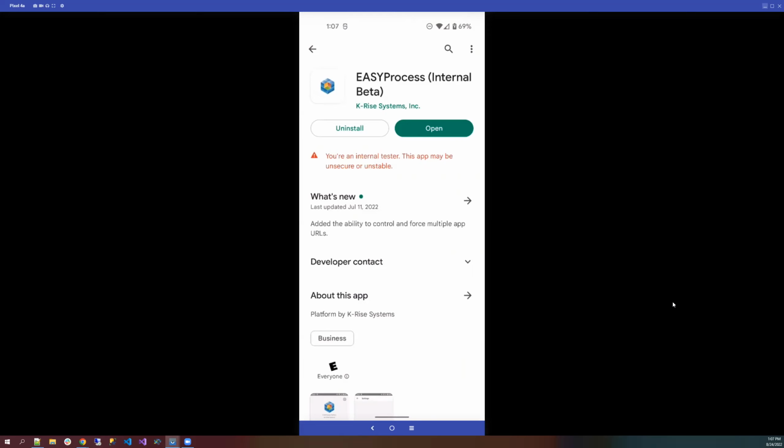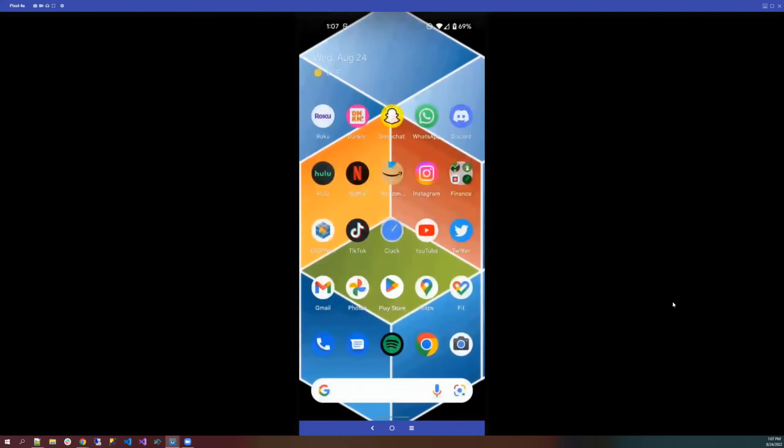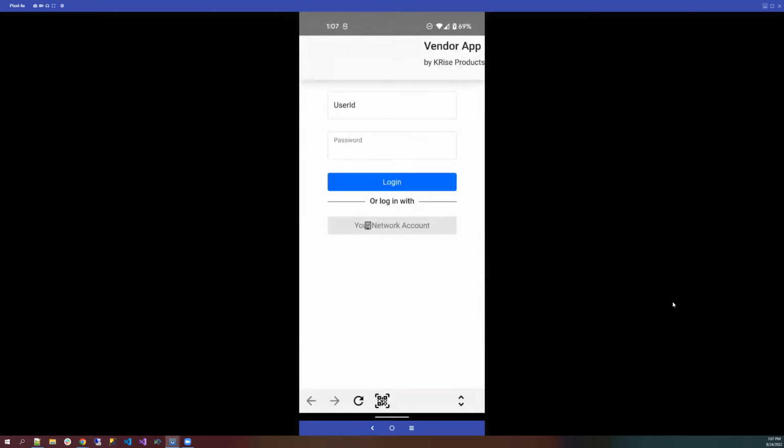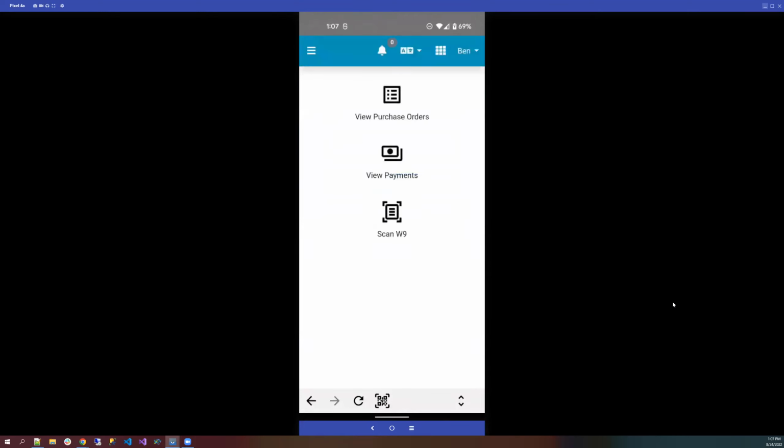And you can also have your own branding of this application. You can have a separate app and not use the Easy Process name, but use your own company name. And we can install it that way as well. So if I exit out of here and I open up the Easy Process app and I go ahead and log in,